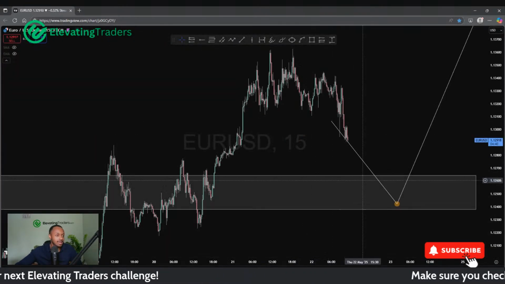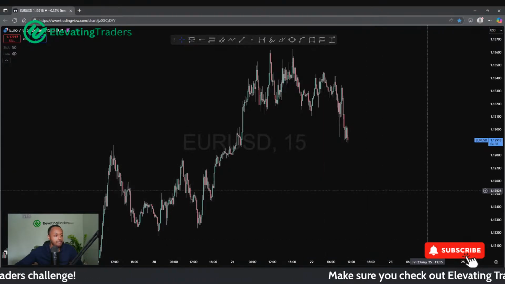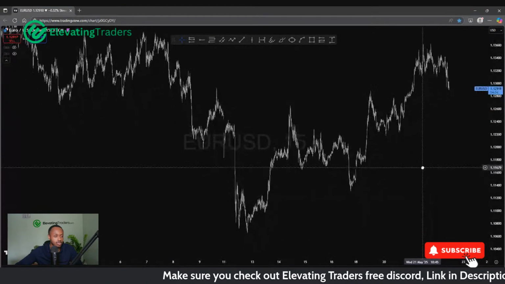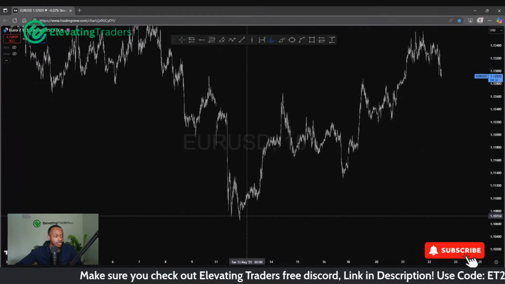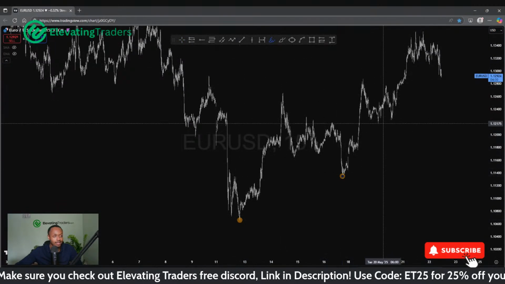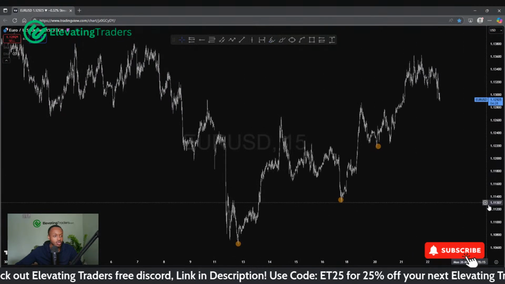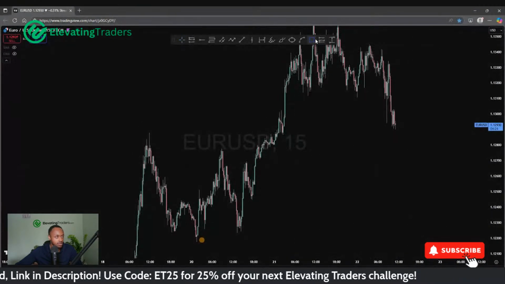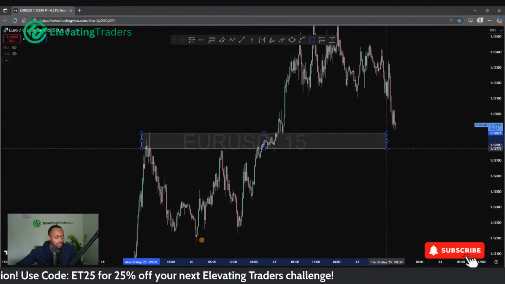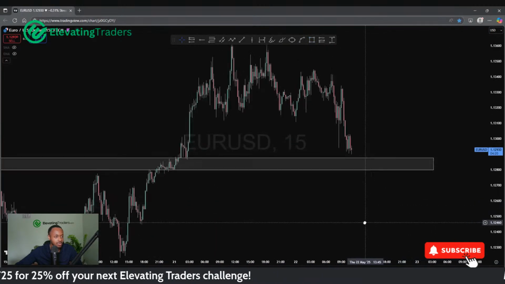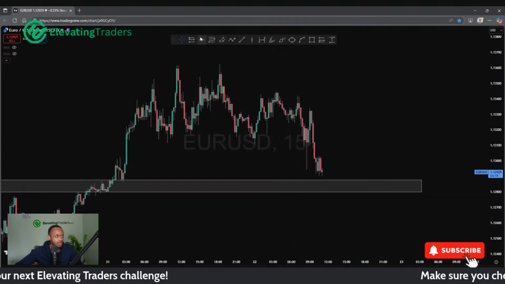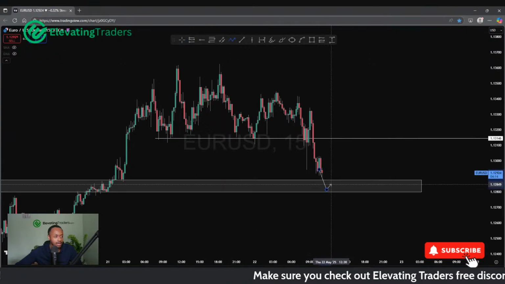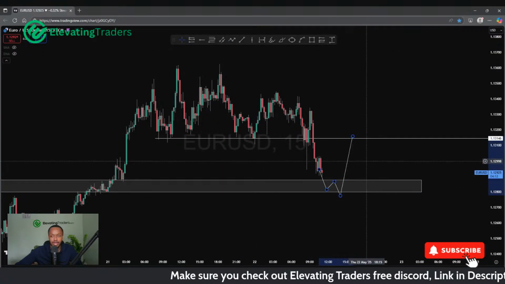Euro USD, again with this one, still overly bullish here. Looks like we're pushing down. Structure to me is shifting. We're seeing some higher lows now, so I do quite like the buys here with Euro USD. Looks like we're approaching some resistance here that will be turned support. I think this could be a nice place for a buy. I'll still watch out for this area here, but that could always be your first target for the trade.